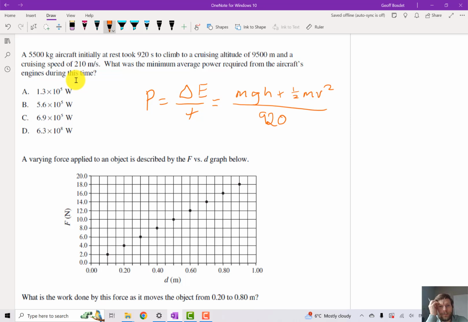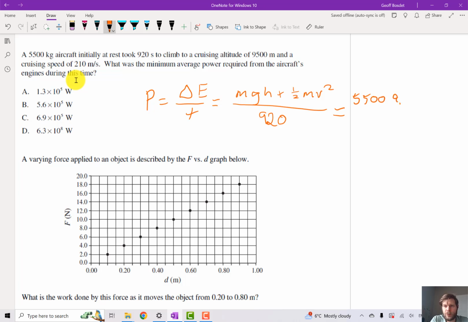Now, the reason it says minimum average power is if you get a plane from the ground up in the air, there will 100% be friction and all that. So it's saying, in a perfect world, what would be the very minimum you would need? And the very minimum would need to be to give it this much potential and this much kinetic if there was a perfectly zero friction world. So yeah, just